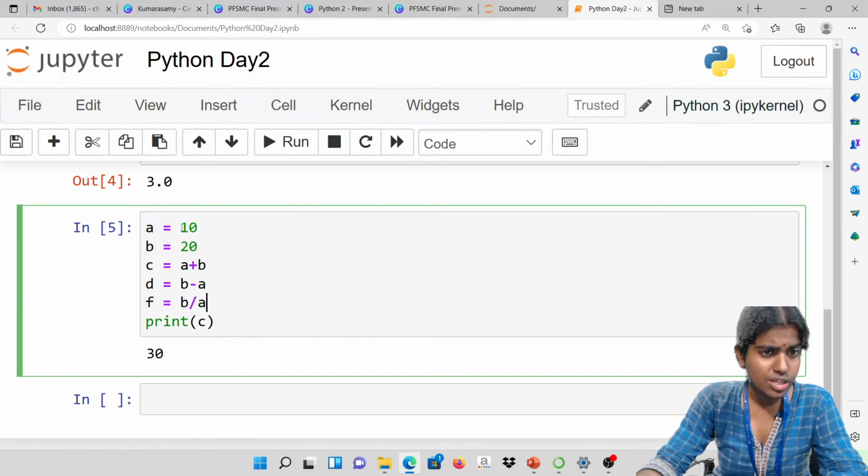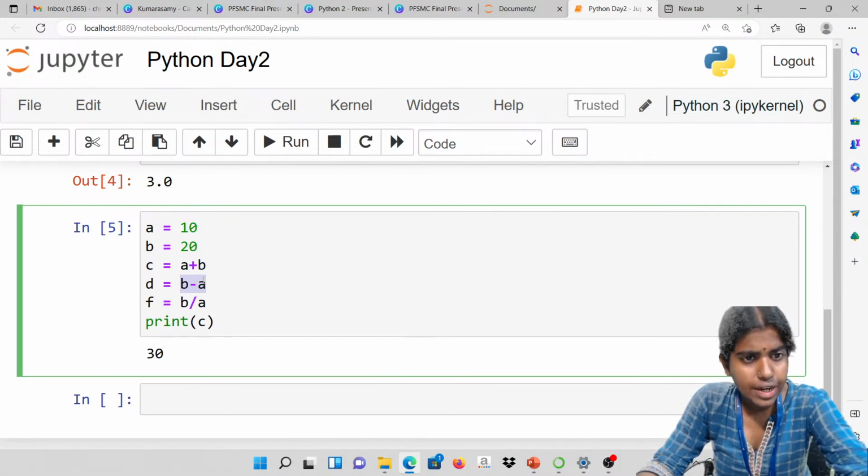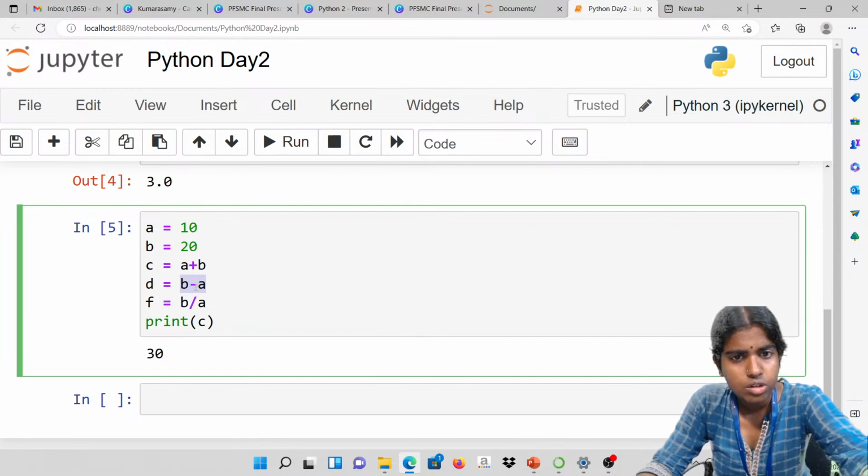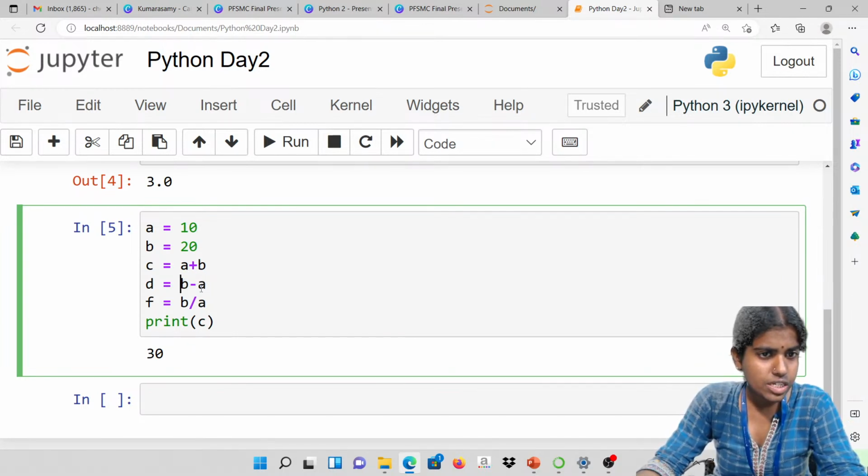Clear with this? What are the different types of operators available in Python language? Based on my requirement, I can go for different types of operators. If I am going to add two numbers, I can go for addition operation, or I can go for subtraction. If I want to subtract one number from the other, 20 minus 10. And f equal to b by a. If I am going to divide one number by the other number, I can go for different types